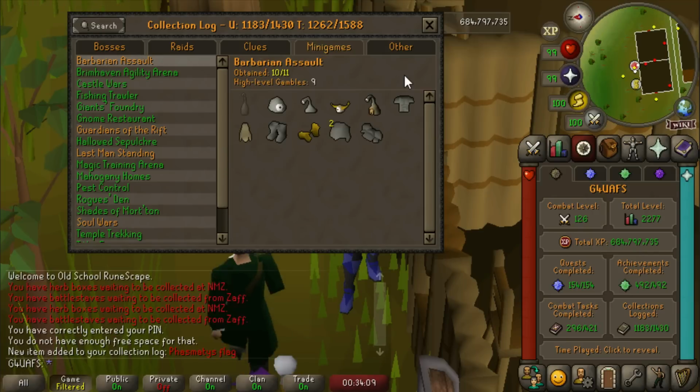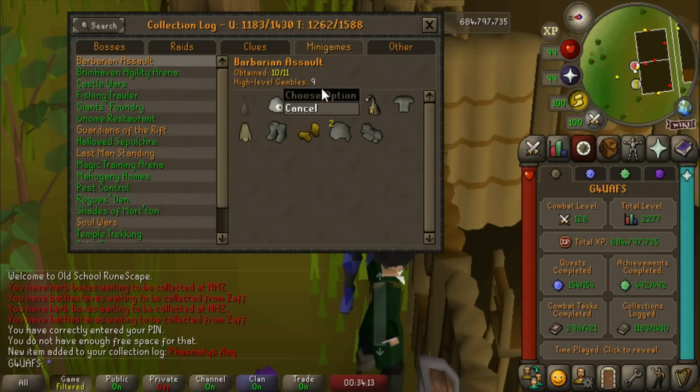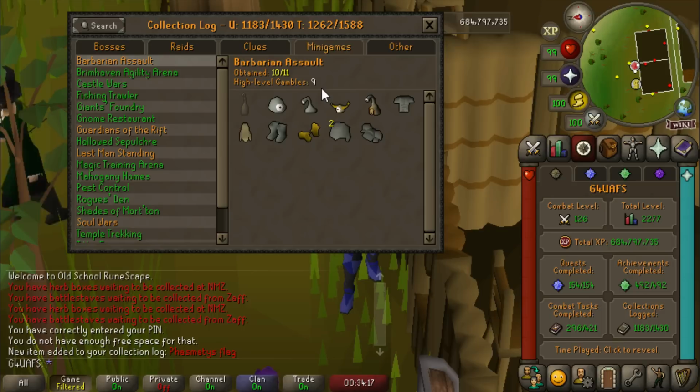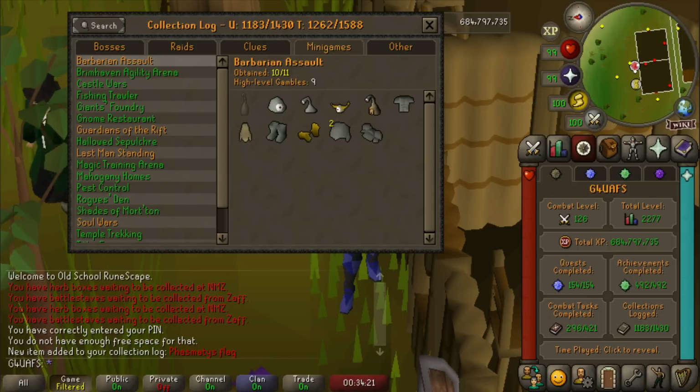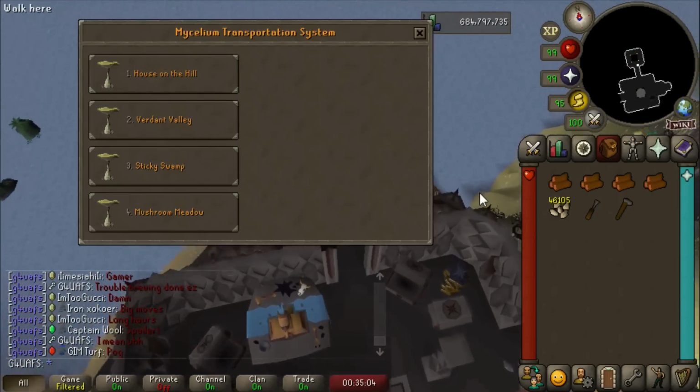And then Barbarian Assault is obviously going to take about 4 years for me to finish up that Pet Penance Queen, but I am still going to do high gambles at least like a couple times a month or something like that, just to give us the chance of it rolling over time whenever I actually feel like grinding it out. And now let us go do a birdhouse run with our new flag,